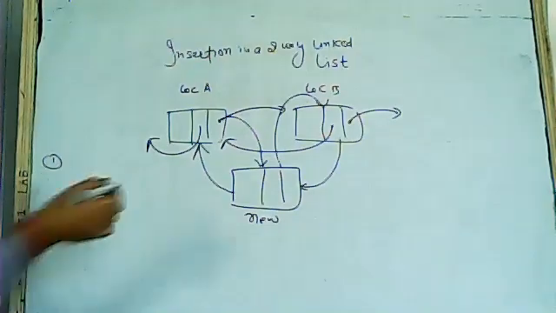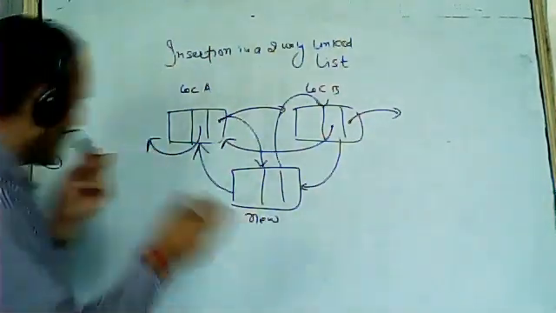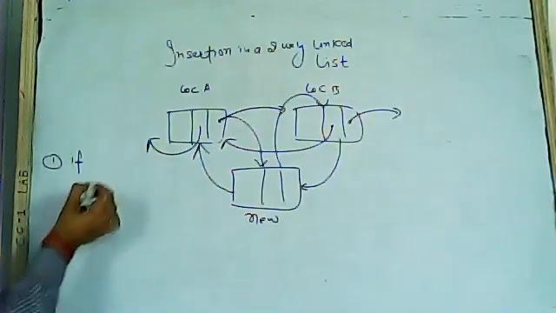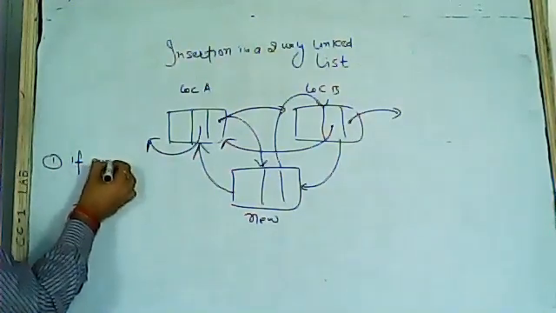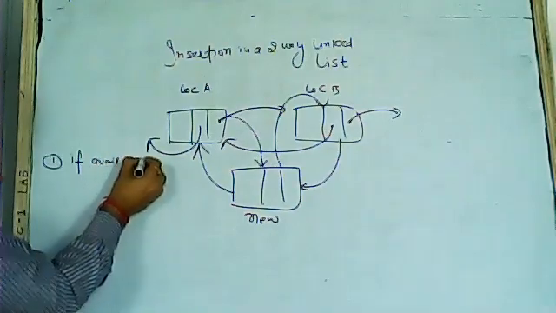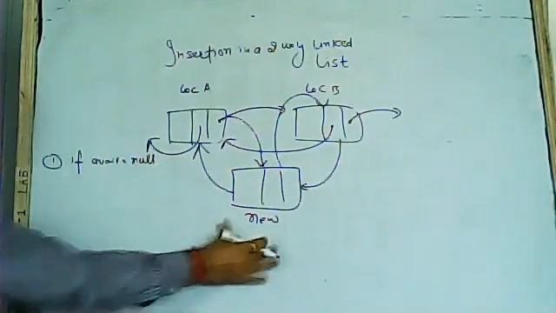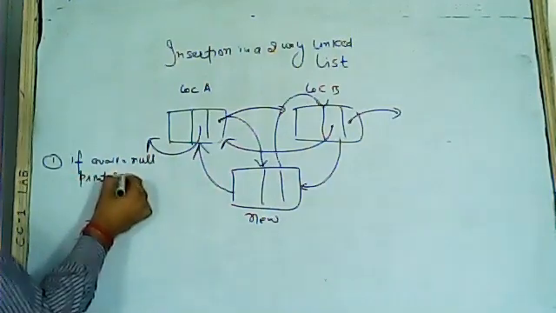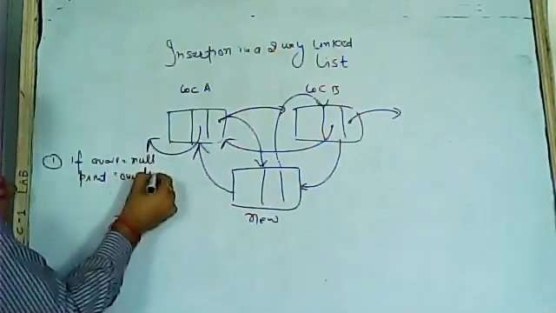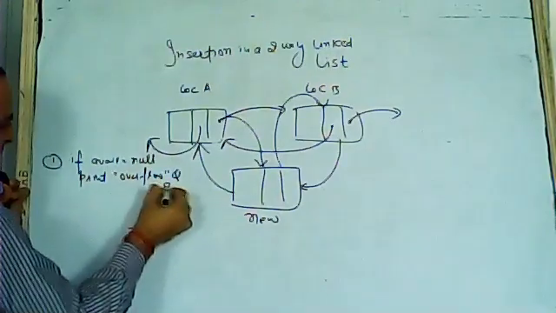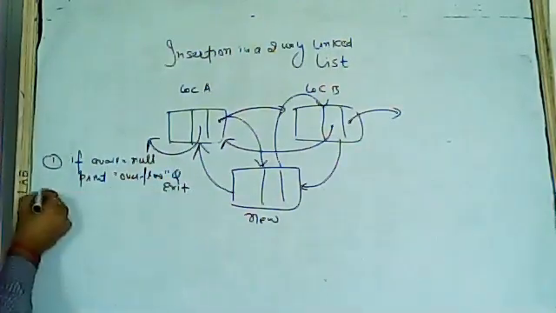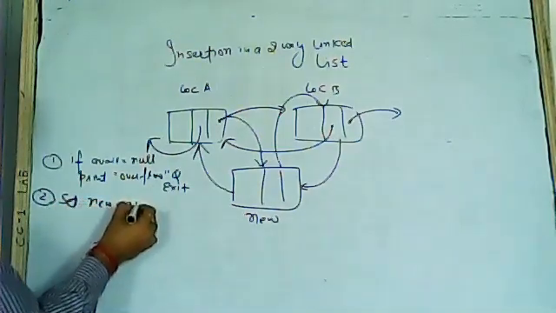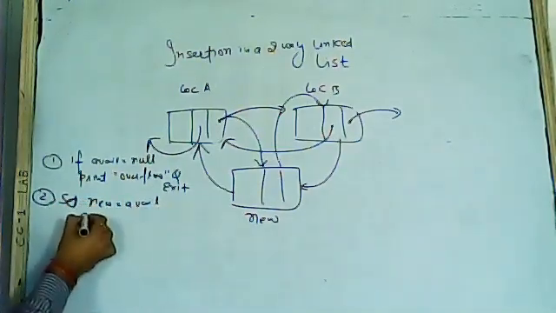Insertion. So we are doing insertion, we need to check the overflow condition. So what is the condition of overflow? If avail is null, we don't have any new memory. So we will print overflow and exit. अगर आपको याद हो, ये वही steps हैं. Set new equal to avail, and avail is equal to